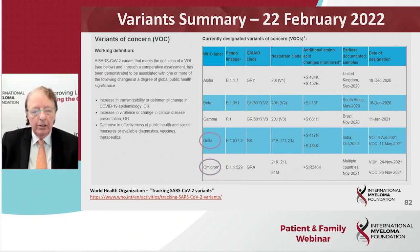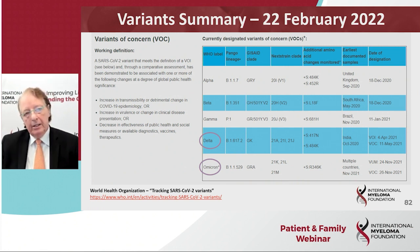You can also get information about the different variants. Obviously, these are what we call VOC. It is possibly helpful to be aware of the jargon. The World Health Organization classifies based upon variants of concern, VOC, and then obviously the Delta, which we had earlier